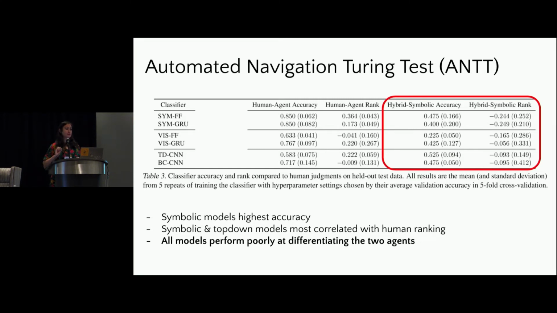So it's very interesting. If I had only shown you the result on the left, you would have been like, oh, great, we have solved this. We haven't. We cannot even artificially evaluate what makes it human-like. Even though it can dissociate human versus agent, it can't dissociate human-like behavior on 2 agents versus each other.